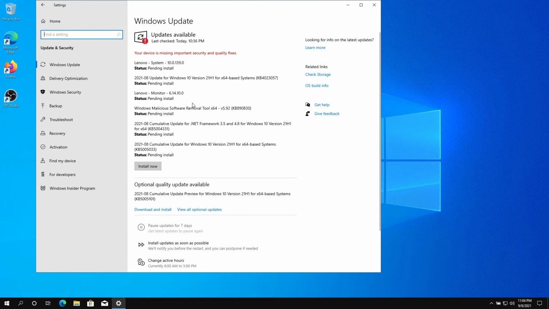And as you can see, mine is missing so many updates. And in your case, it might be just check now. And then once it's gonna find, you'll have to press on install now, and maybe there's going to be another option, for example, download and install, and you can do them right now, or you can wait and do them at nighttime when you're not using the system,